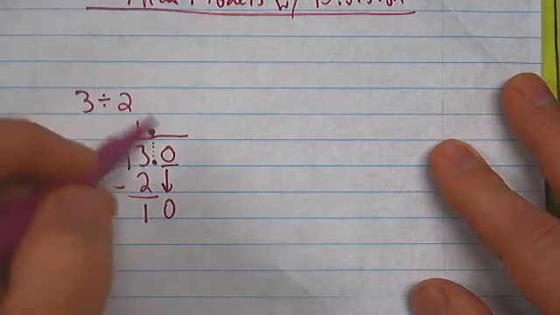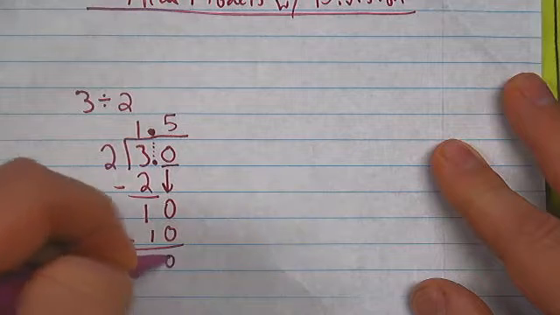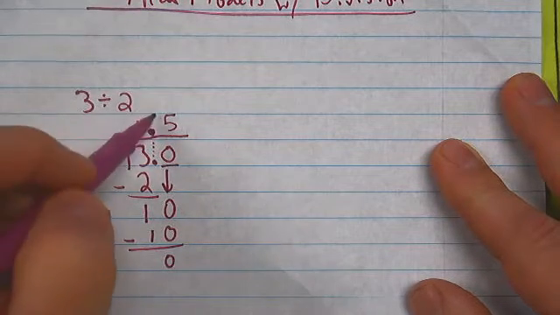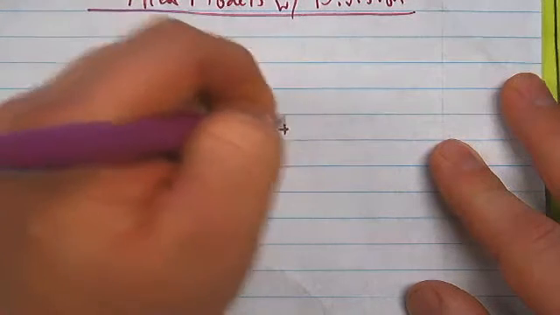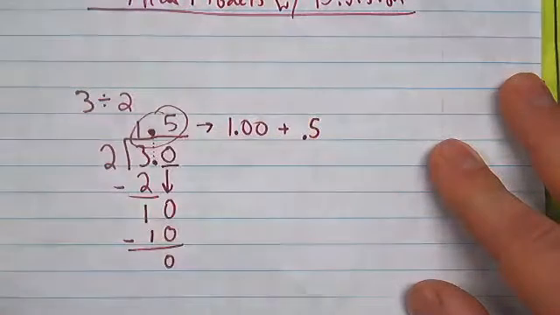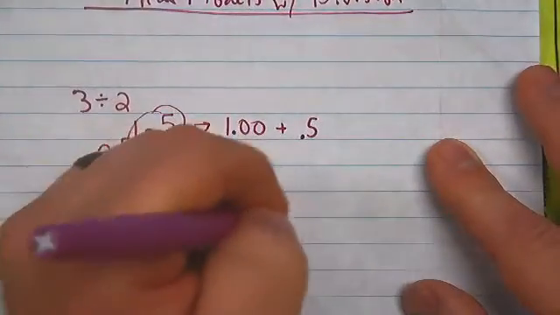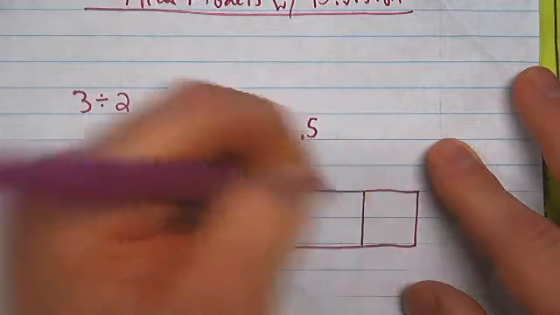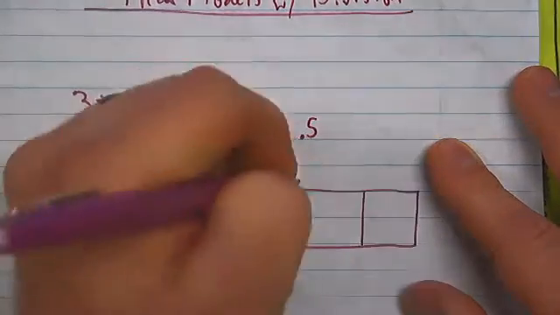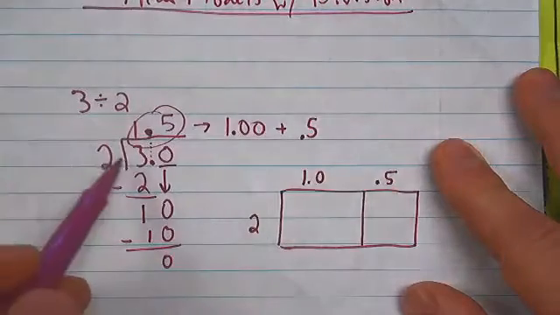How many times would 2 go into 10? 5 times. 2 times 5 is 10. Subtract. And 0. So my quotient is 1 and 5/10, right? Which is 1 whole plus 5/10, or 50/100ths. Now, what I can do is make an area model to get back to my